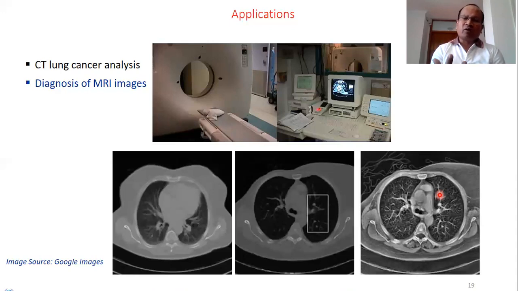We choose a masking operation, a filtering operation, and that mask is applied to some neighborhood of the pixels. When we apply that mask to the neighborhood of the pixels, each and every pixel will produce a new pixel value in the processed image.